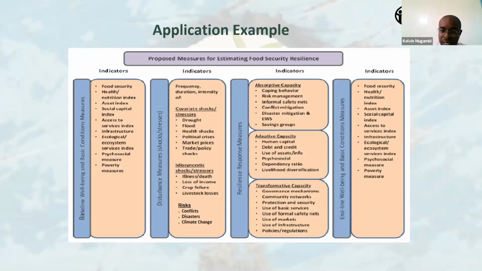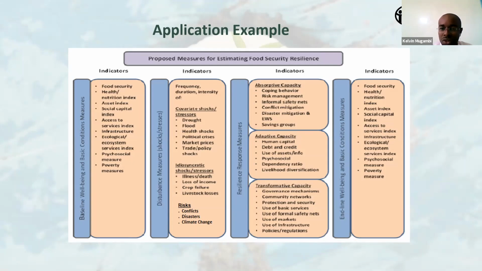So last but not the least, at the end line, we ought to measure the well-being and the basic conditions which the project or the program has been taking part in. Here we look at indicators, changes that have occurred. So we compare these indicators with those at the start of the project, the baseline data. And here we look at indicators that have changed, comparing, for instance, food security conditions at the end of the project to the food security conditions before the project began.